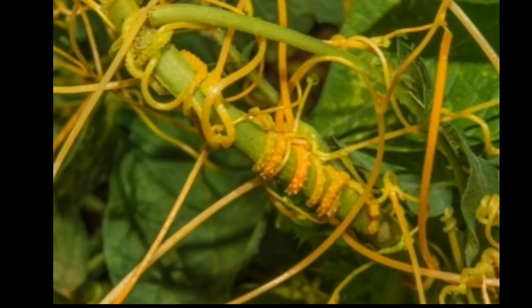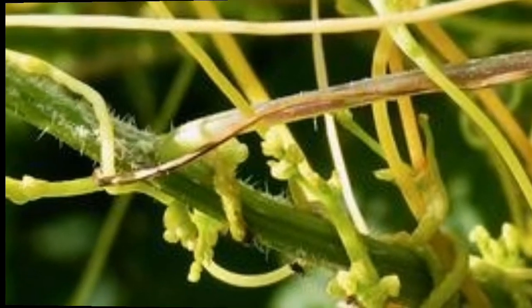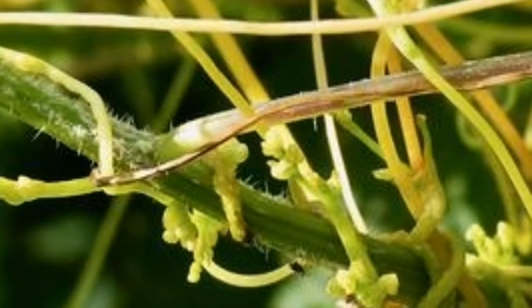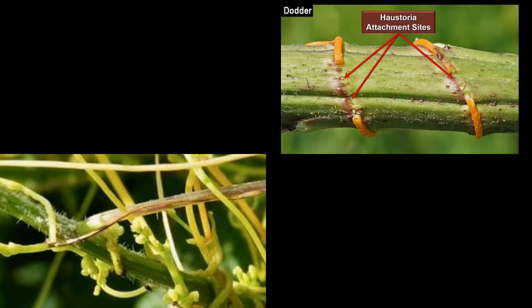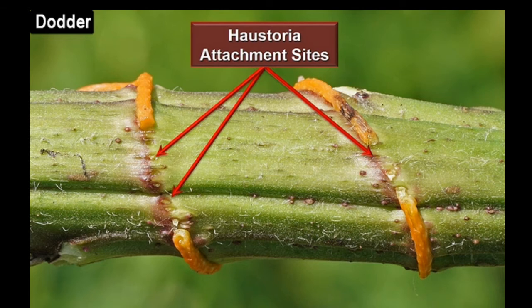Plants that grow on other plants. Have you ever seen thread-like structure twisting around the stem and branches in some plants? This thread-like structure is called cuscuta. It has neither leaves nor chlorophyll. Cuscuta takes food from the plants on which it is climbing. This mode of nutrition is called heterotrophic nutrition. Parasitic plants like cuscuta develop special roots called haustoria, which penetrate into the tissue of the host plant and absorb